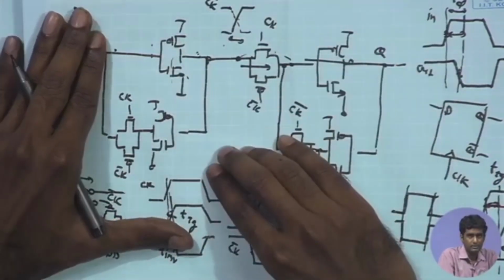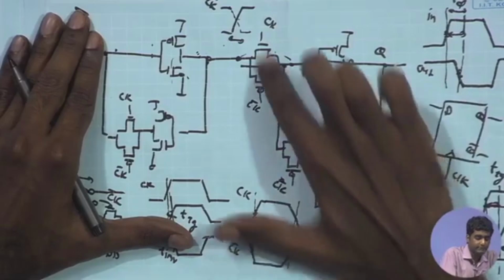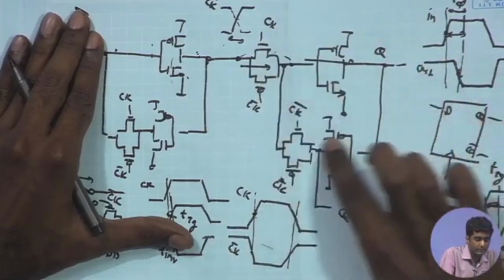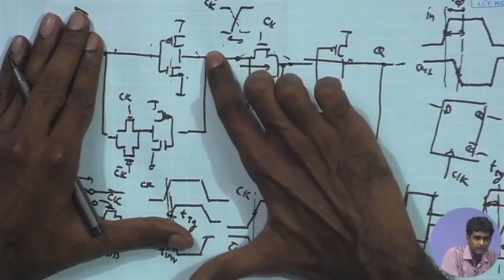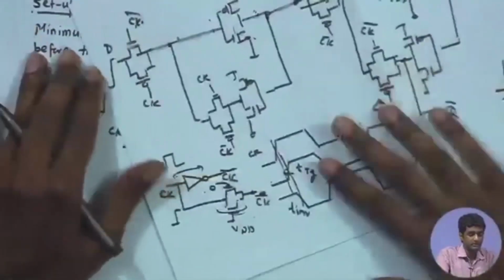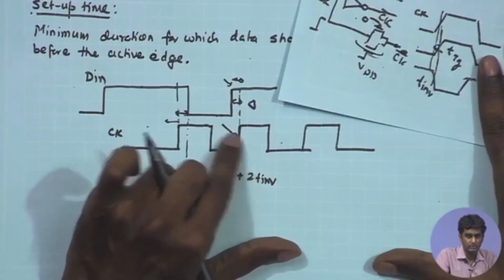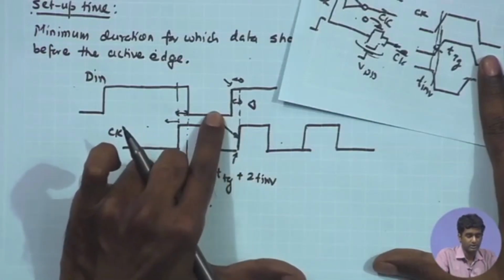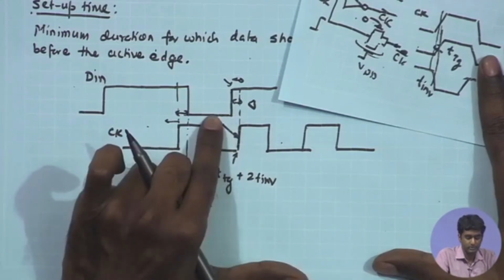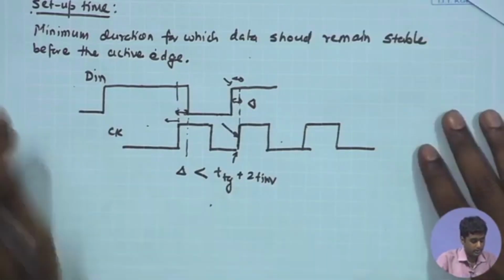And likewise here, what can aggravate the problem is that you can have some overlap because of which this Q is having an open path, and this inverter can influence this data. So, that is adding to the trouble, but the setup time violation is coming because of the transition of data just before the positive edge of the clock. So, you should transition sufficiently before the positive edge of the clock, then only the value will be latched correctly. And then the other important definition is hold time, which is just the opposite of setup time,